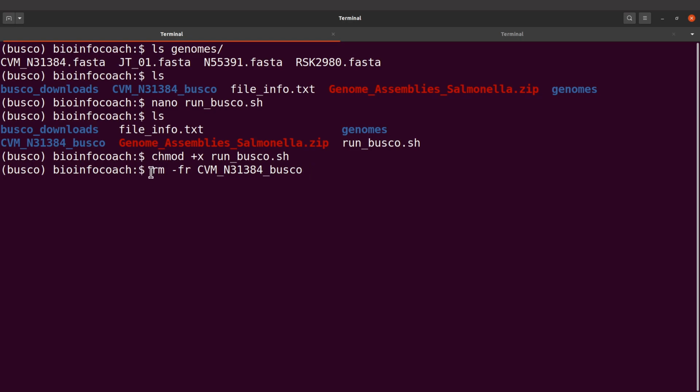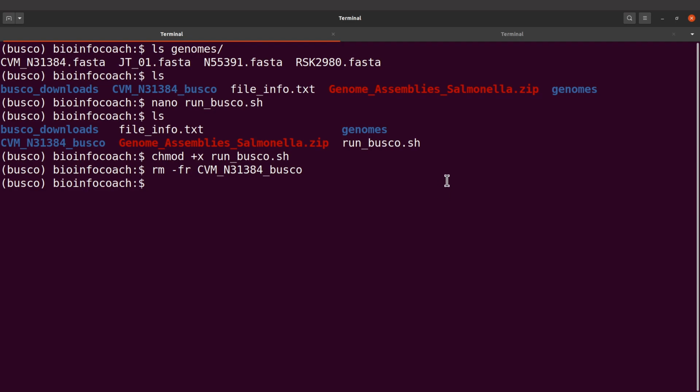Now you should be careful when using the rm command. I repeat, you should be very, very careful, because once you execute it, you cannot recover your files again. So you should be very, very careful. Okay, so what I want you to do is to make sure that you review whatever you are going to delete before you run this command. So I am going to remove this directory first, and then I am going to run